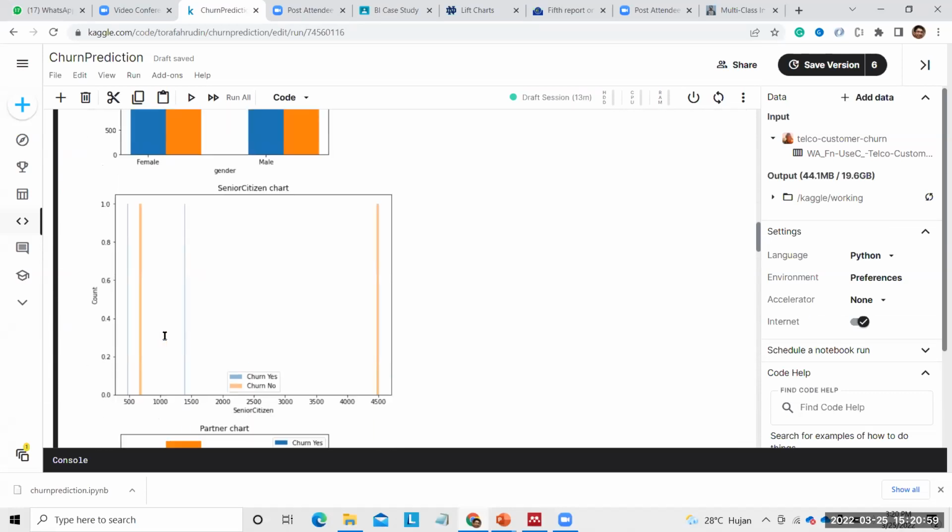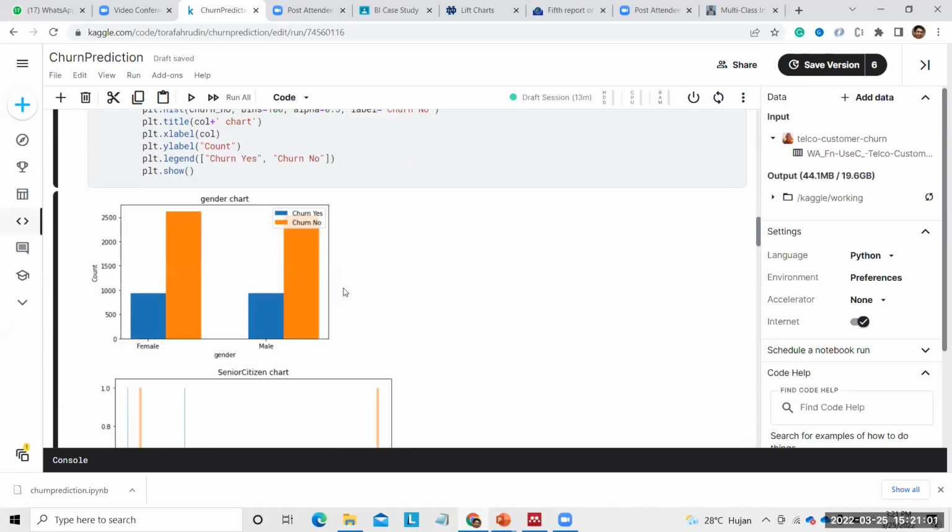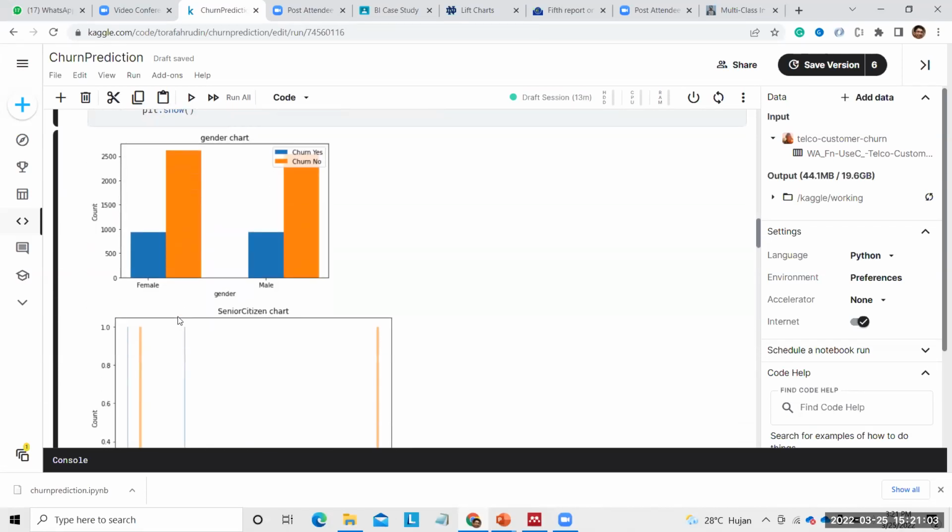We can see the distribution for each attribute. We can see that for gender there is no issue, because male and female have the same pattern.